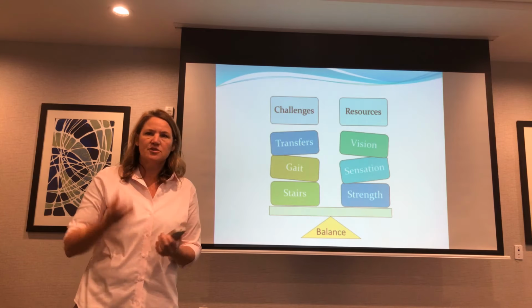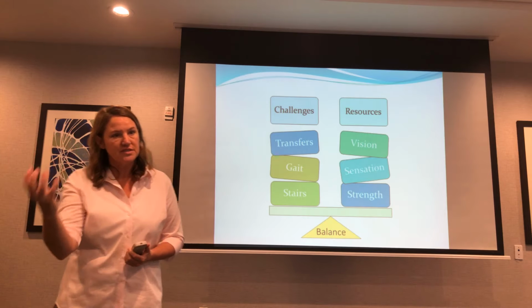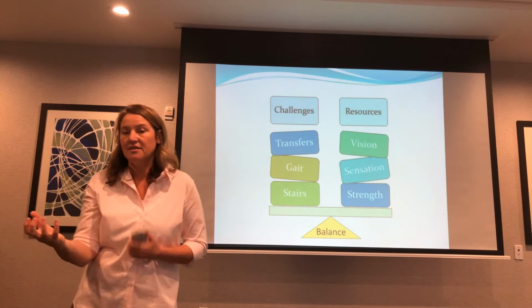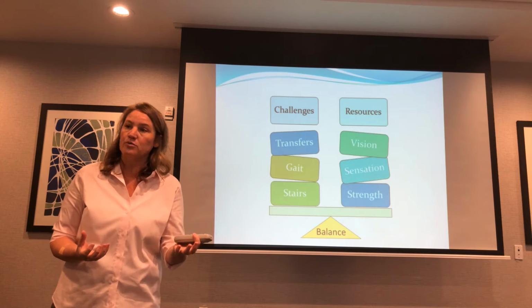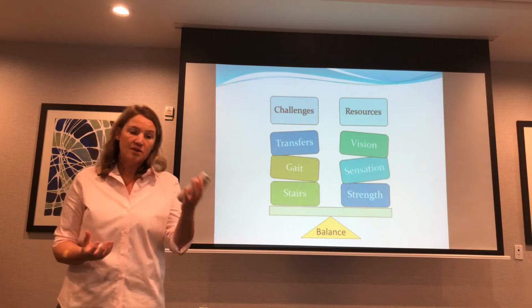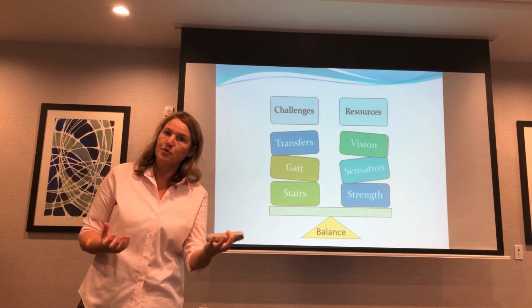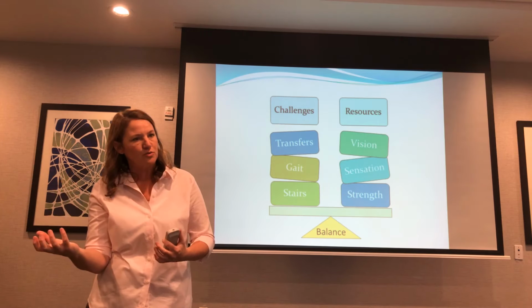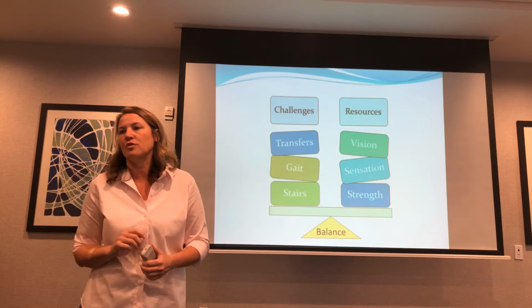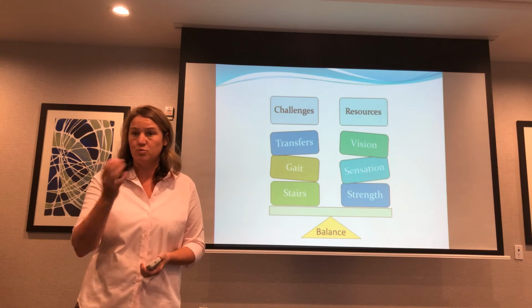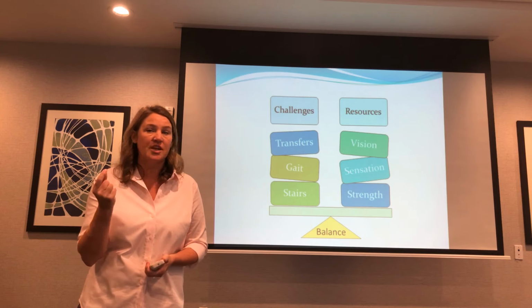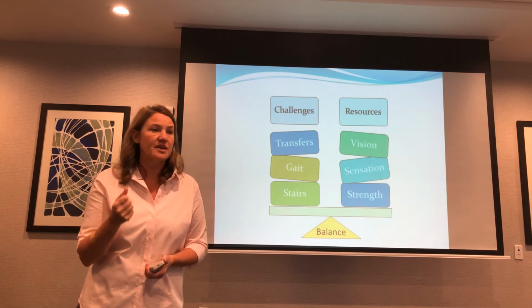What happens is, as their resources decrease, they very often will compensate and decrease what they do. And so they'll self-impose restrictions. They'll stop doing as much, and then they'll lose more resources, and then they stop doing as much and they lose more resources. So this is how it often happens. On occasion, which is the people we usually run into, there's a sudden change. A lot of times there's a sudden change and a sudden loss.